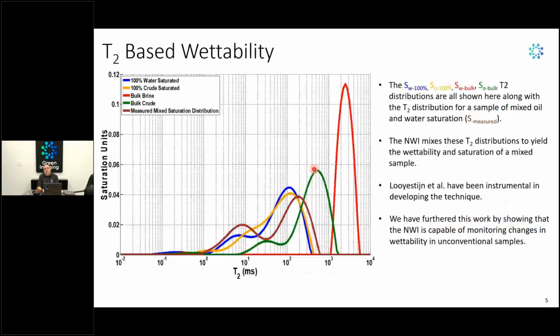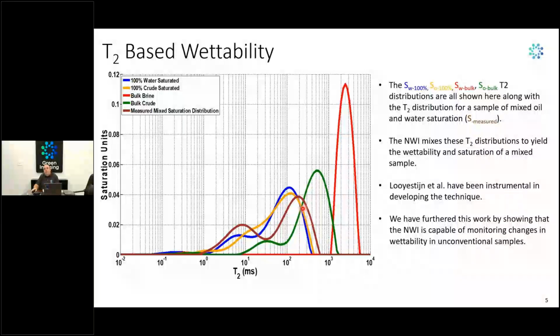Okay, so let's get into some wettability measurements. So here you go, here is a typical sample. Here's the 100% water saturated and 100% crude oil saturated T2 distributions, blue and yellow. Red is the T2 distribution of bulk brine. Green is the T2 distribution of bulk crude, and the brown trace here is the measured